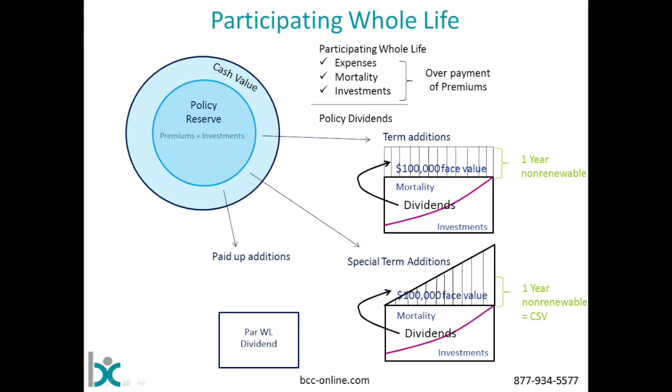Remember I talked before about a 10-pay or a 20-pay whole life policy where you'd have a very abbreviated premium schedule and then your policy is paid up and no more premiums have to be paid? Well, we're going to do something similar here, but this time it's a 1-pay whole life policy. And what I do is I take my dividend and I buy just a tiny, tiny little whole life policy. This new whole life policy is typically going to have a fairly small death benefit, but it's also going to be a par whole life policy,